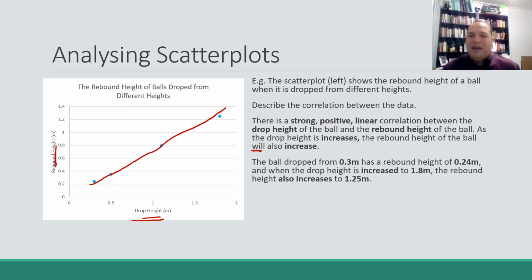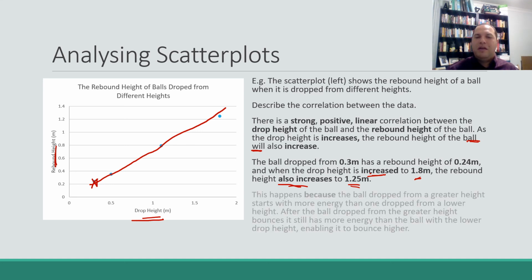Again, if we're talking about our data or our evidence, we can say the ball dropped from 0.3 meters. So this data point here has a rebound height of 0.24 meters. And when the drop height is increased, there's our key word, is increased to 1.8 meters, the rebound height also increases to 1.25 meters. So we're talking about our variables, we're including our data, we're stating our trend again. It sounds very similar to our everyday language sentence, but it's including the data,